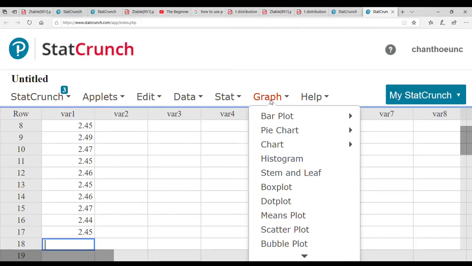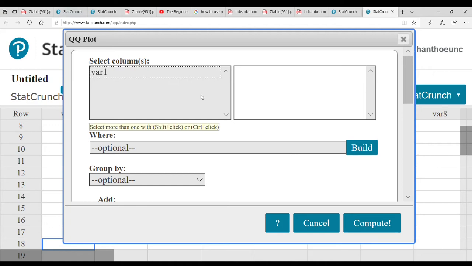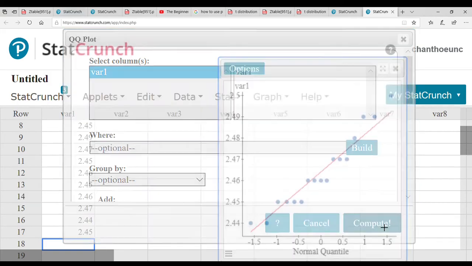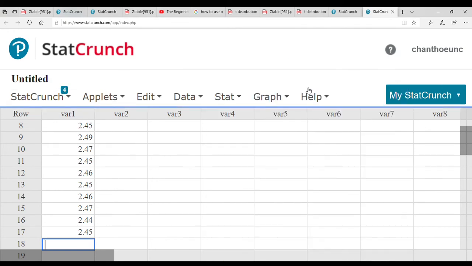Go to Graph and scroll down to QQ plot, highlight the variable, and press Compute. So if you look at the graph, it's approximately linear, therefore the population could be assumed to be approximately normal. We need to also confirm there's no outliers, so we're going to go to Graph,